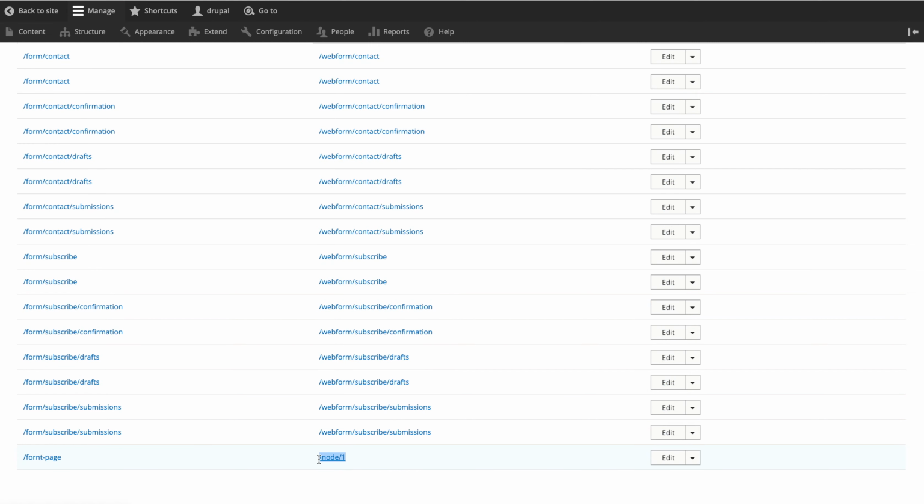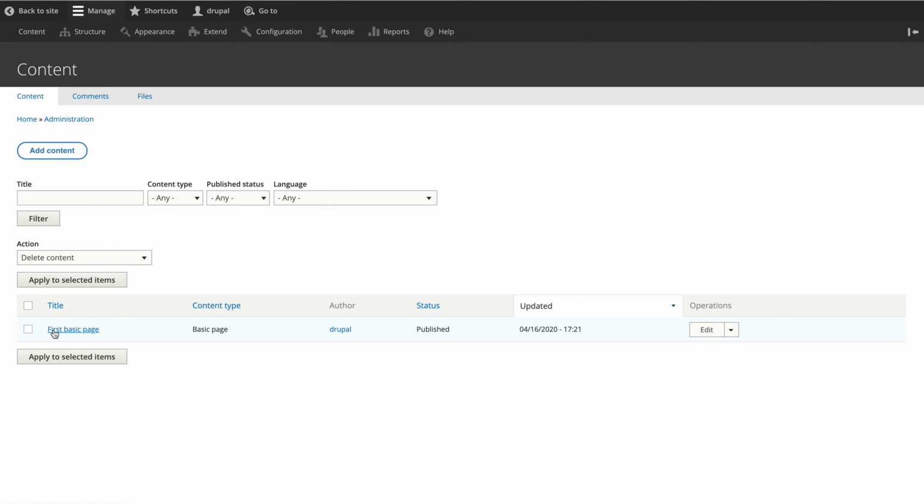And node 1 is the first node which I have created. Every content of your Drupal CMS is known as a node and will have a node ID, and it is also incorporated with other content types. So now the first node is created.